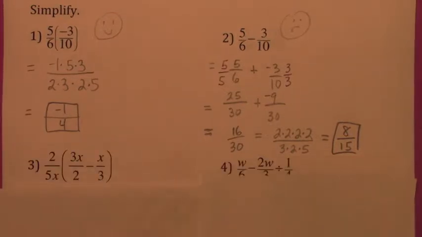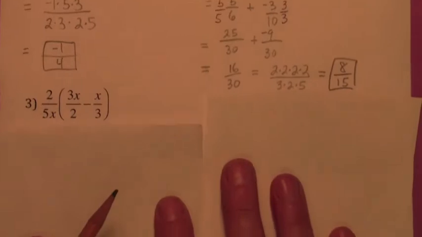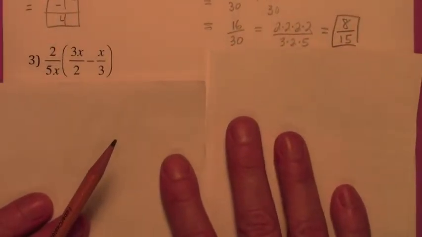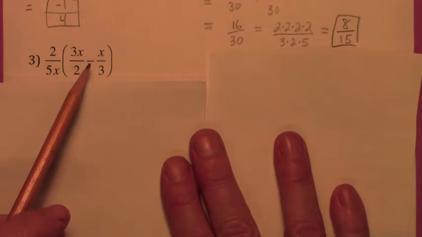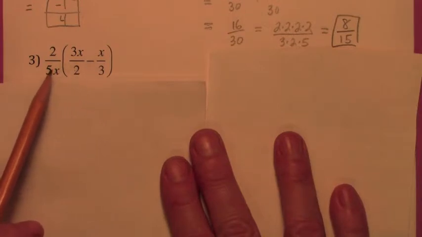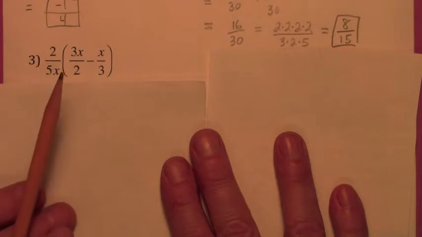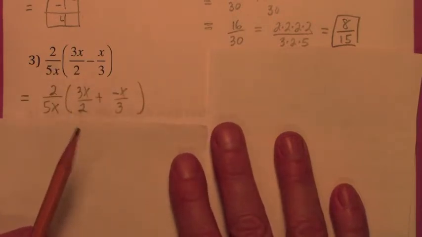Okay, let's keep on going. How about this one? Look at number 3 here. We're going to multiply this fraction times this one. The order of operations says we do the subtraction first. You got to have the LCD inside here, but you don't have to worry about the LCD here because it's multiplying. So a good first step might be to write the whole problem down,